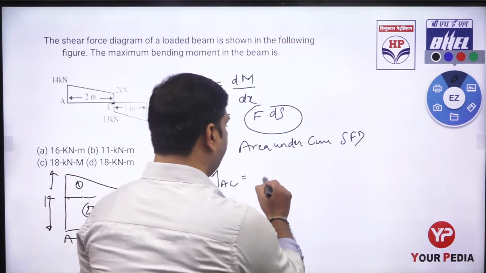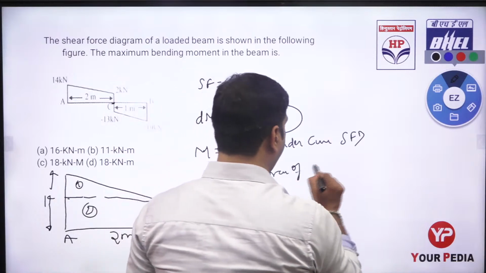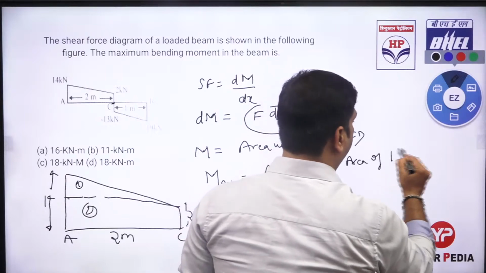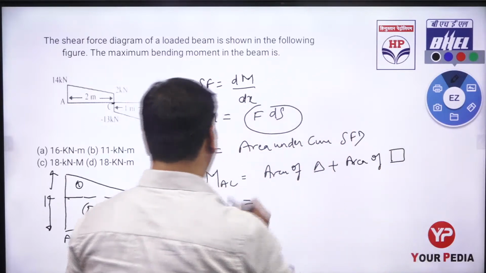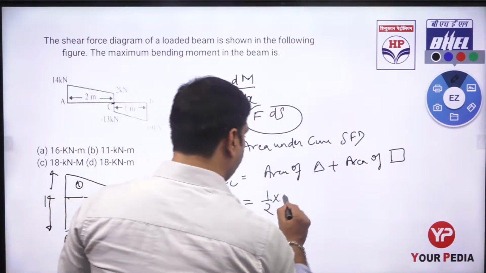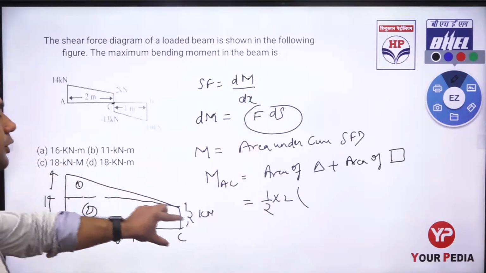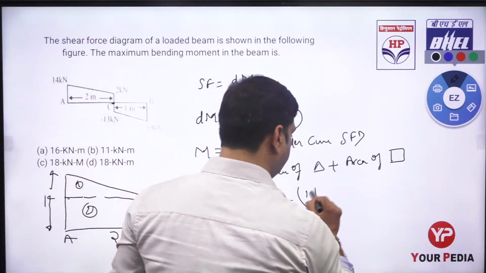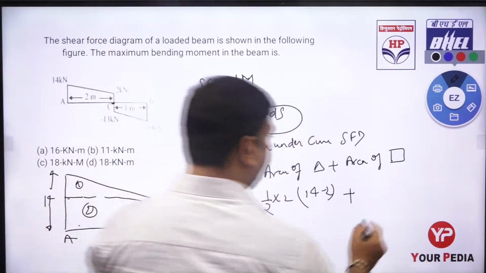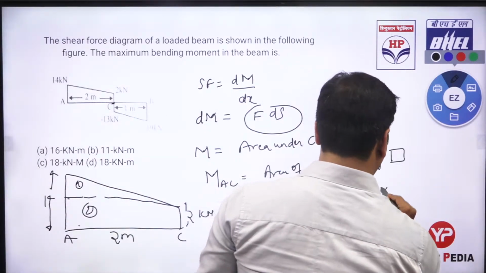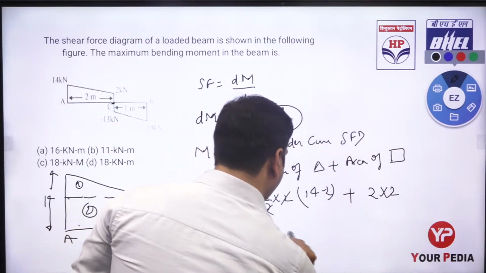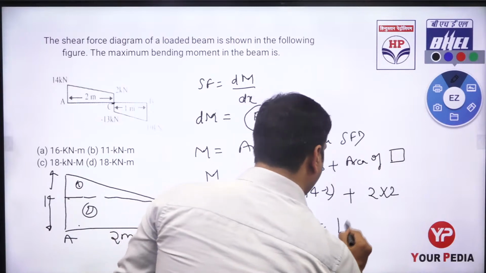It equals the area of triangle plus area of rectangle. Area of triangle is half base into height: half, base is 2 and height is 14 minus 2, plus the area of the rectangle, 2 into 2. So it came to be 12 plus 4, which is 16